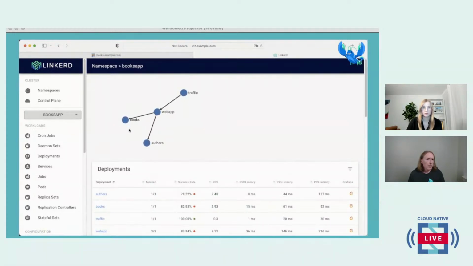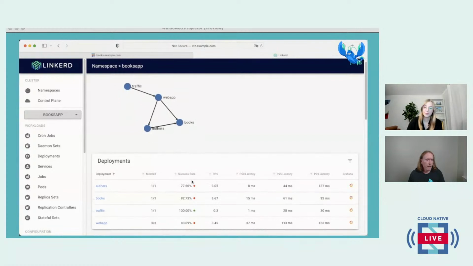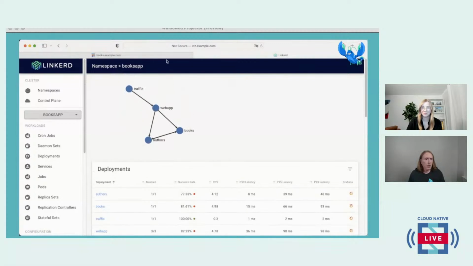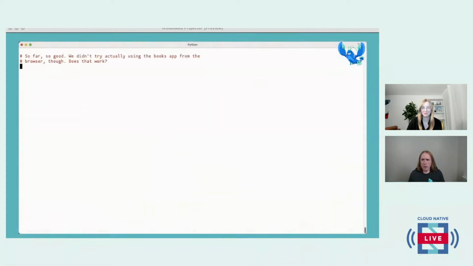The topology graph doesn't actually show anything except what has spoken. So we had to reload a couple of times to get this books to authors link. We can also see that we're back to getting real information here and all that. So far, so good, right? Now, again, jump in with questions if anybody has any.